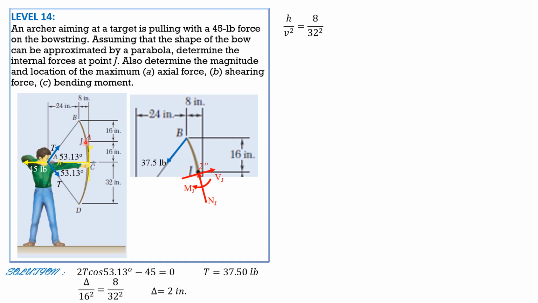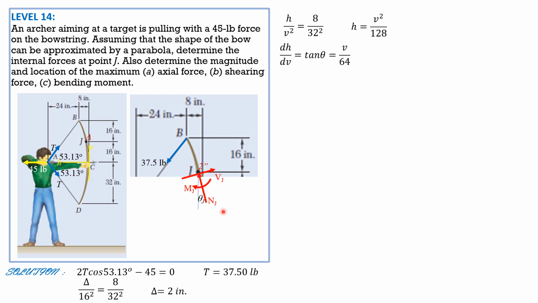So vertical h is to v squared equals 8 is to 32 squared. So the equation of the parabola in terms of h and v is h equals v squared over 128. Remember that the slope is tangent of theta, and it's the derivative of h with respect to v. So dh/dv equals v over 64, which is tangent theta. Since the value of v at J is 2, tangent theta is 2 over 64,